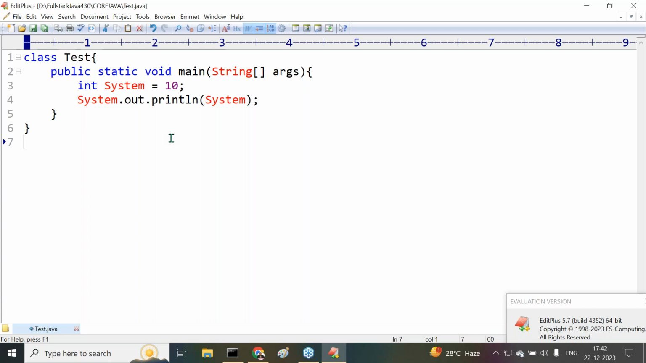Inside this line, public static void main(String[] args), String is in red color or not? Means that it is a predefined class name. By default, String is a predefined class name. Am I right or not? Next one is int system = 10; int system = 10;